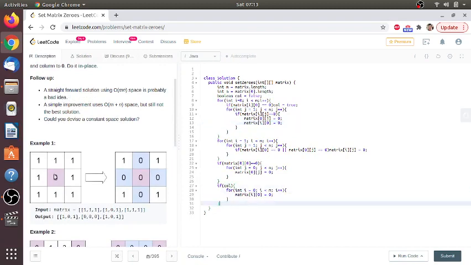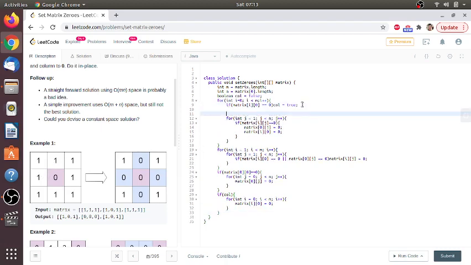Let's say I find a 0 here, at i comma j. Then in the 0th row at the jth column, let's say this is 1 comma 0, then 0 comma 1 is reset to 0, and this will also be the same.